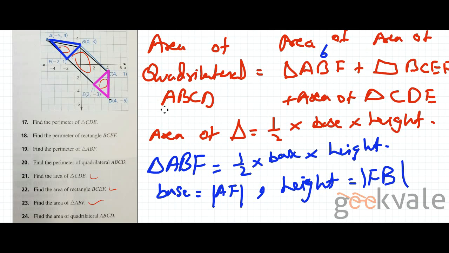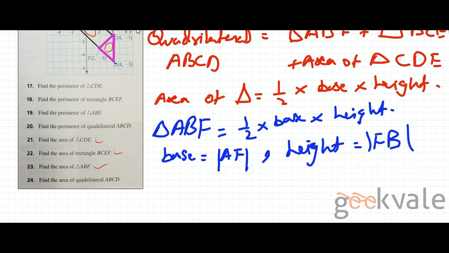This is the triangle CDE. Again, we're going to use the base and the height formula, half times base times height. So what is the base of the triangle CDE? Its base is ED. ED is serving as the base. And the height is what? DC. So we calculate the distance ED,